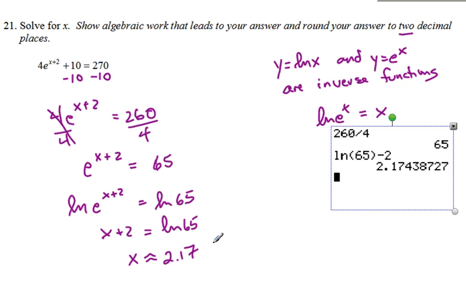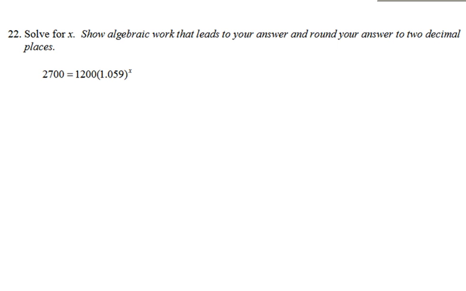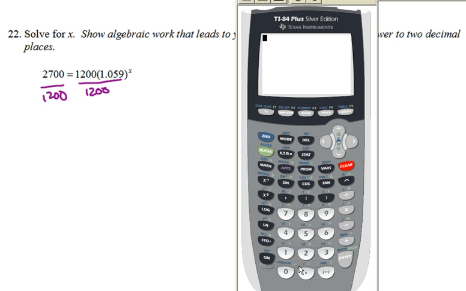All right, let's look at another problem like this. Here's number 22. Same thing, we're solving for x, it's in the exponent, and we're going to start this one by dividing by 1200. So let's pull out our calculator and get that number. 2700 divided by 1200, and we get 2.25